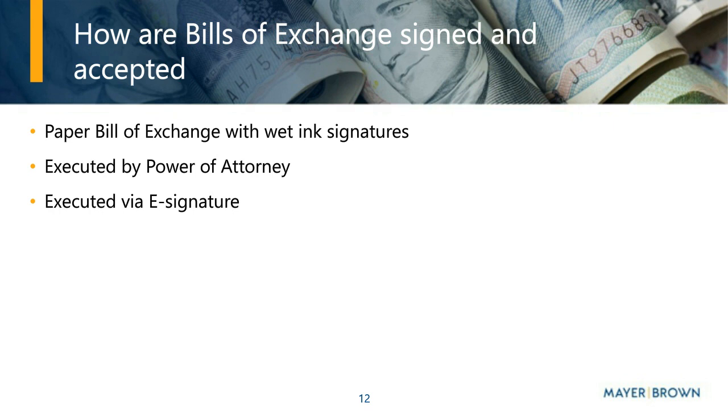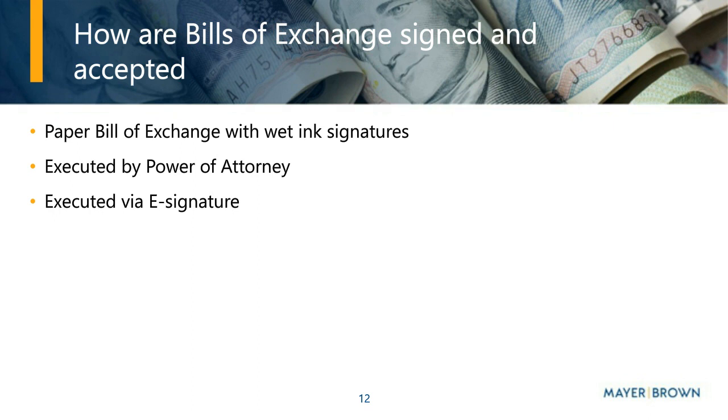And then, of course, the third, wide, broad category of signing is e-signature. Charles, I know you've spent a lot of time focusing on this, so why don't you talk about that now, and Angie and I will chime in at the end. Yeah, no problem. And just to say, the position under English law with regard to wet ink signatures and the use of powers of attorney is broadly the same as what you've just described.